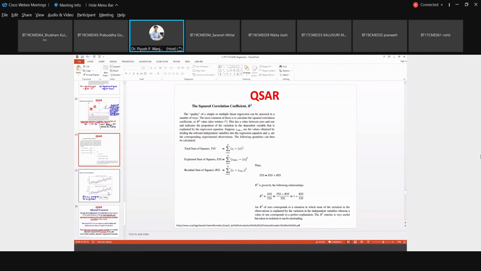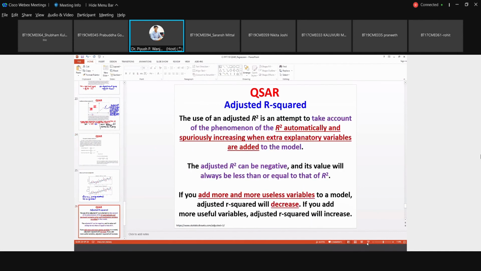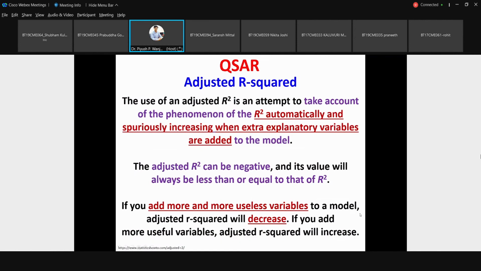Now there is one more thing. There is a concept called adjusted R square. If you have a linear model, your R square value you can compare for different things. Like if you have a descriptor, suppose x log p. Suppose your next factor is your molecular refractivity. So you have two different models.